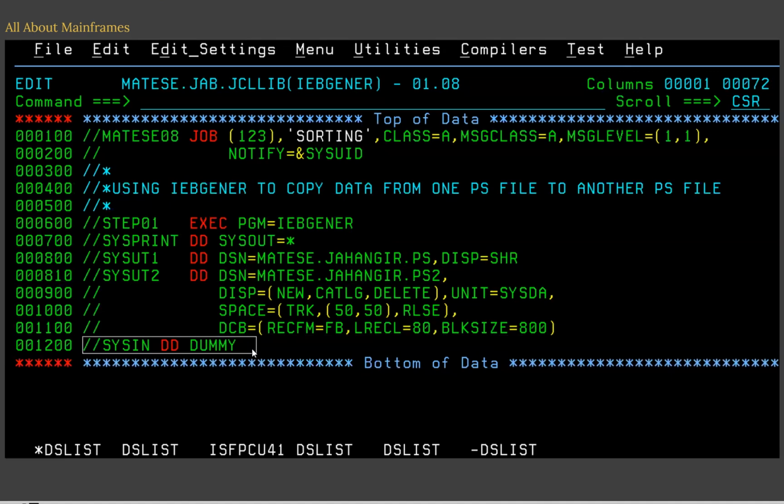SYSIN DD dummy is a mandatory statement. I'll tell you about the significance of this step in the next session when we practice sort or IDCAMS. SYSIN DD dummy, but for now, this line is mandatory. You have to write. See, I have written SYSPRINT DD SYSOUT. If I don't write, this JCL will fail. Okay. Now, if I submit this,